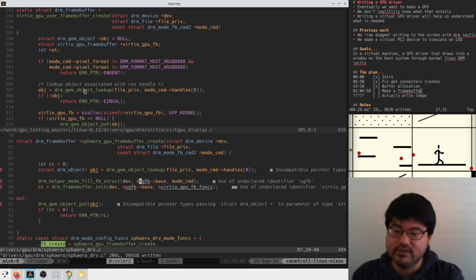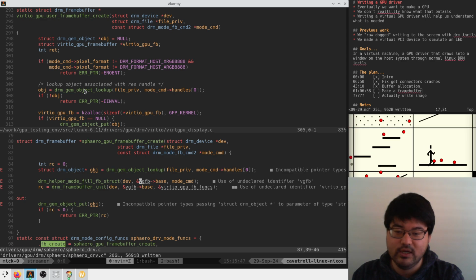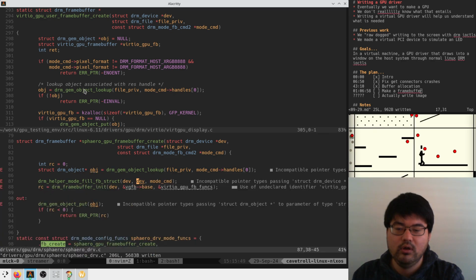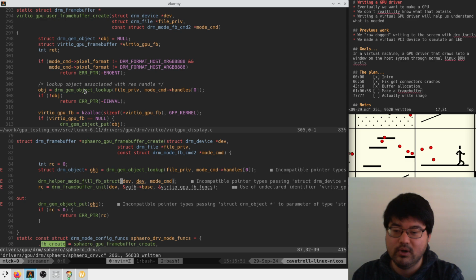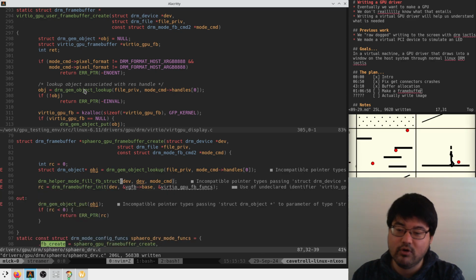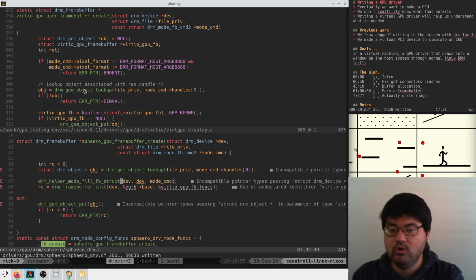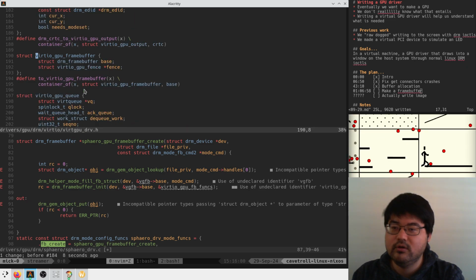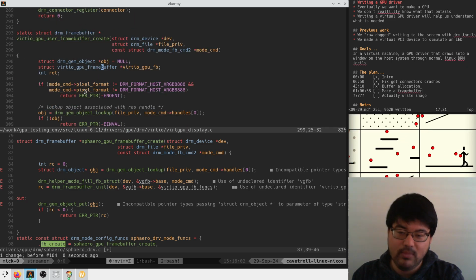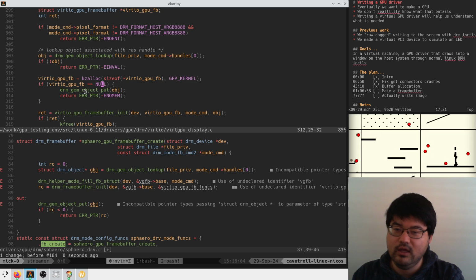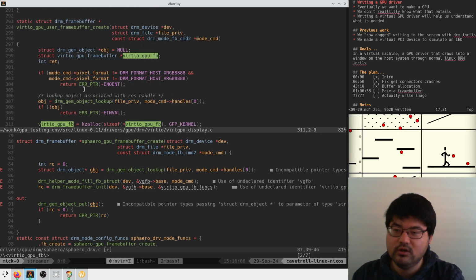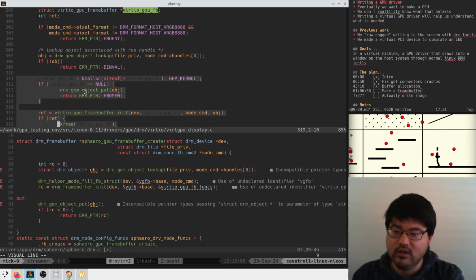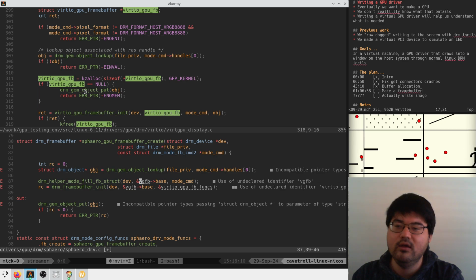Now, this is our DRM device here, I think. So, right, he wants a DRM frame buffer. Oh. Which we don't have yet. So I guess we just make that thing? Because here he, I think, just called kzalloc and then immediately called init. So we can just say,